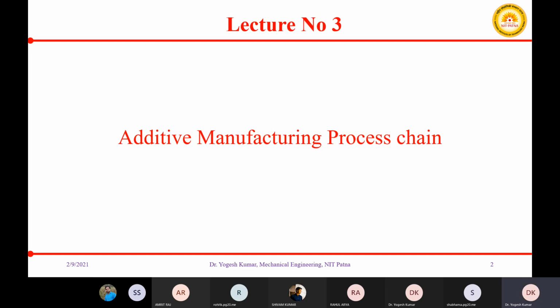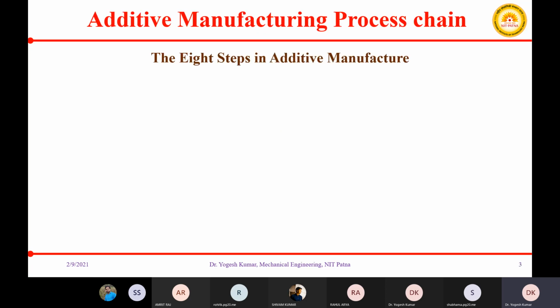So today I will be covering the additive manufacturing process chain, which was known earlier as the RP process chain. Now this term is additive manufacturing process chain. And in this additive manufacturing process chain, there are 8 steps.